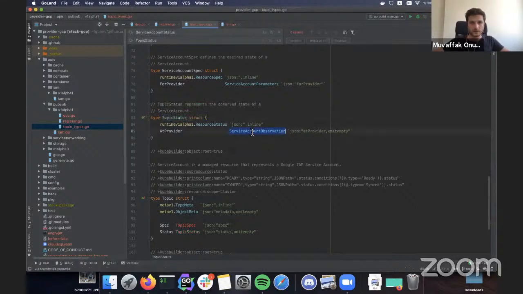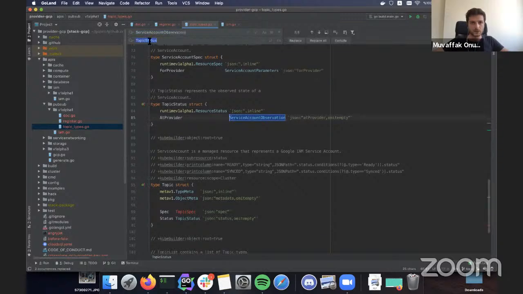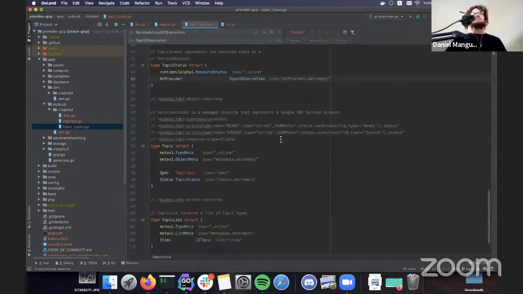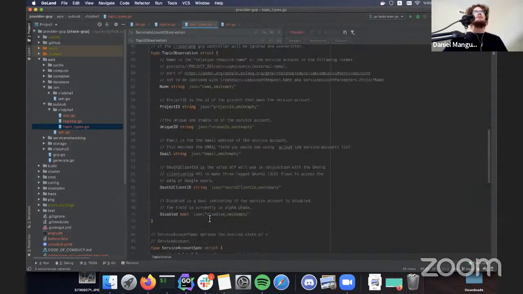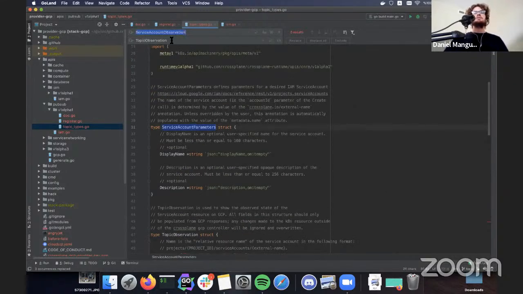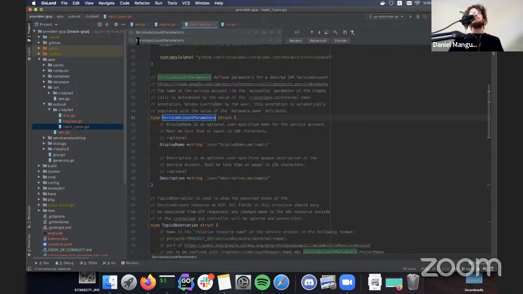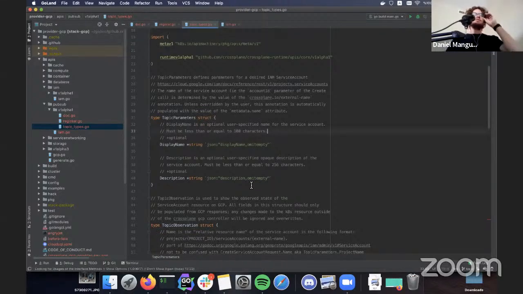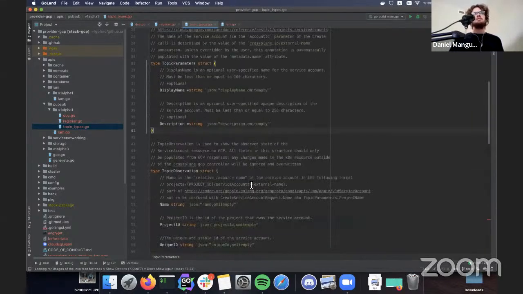Yeah, so what Muvaffak is showing here is, as he said, refactoring a bunch of this from an existing resource. There is also some work being done to template this out. So you just say, create new resource topic, maybe provide v1alpha1 in the group name or something like that, and we'll just generate these folders for you, which is a little bit faster.